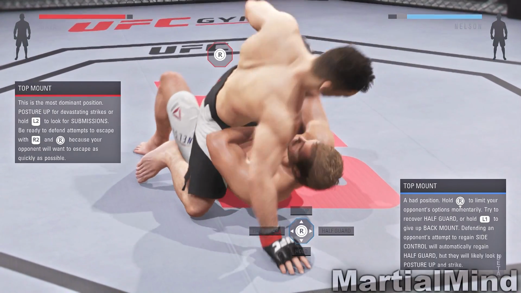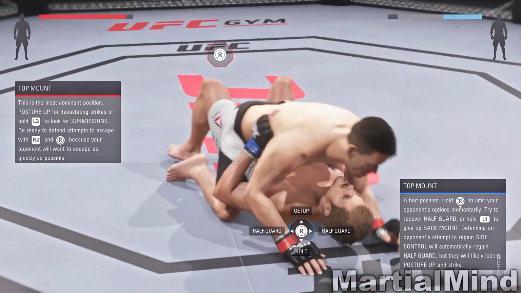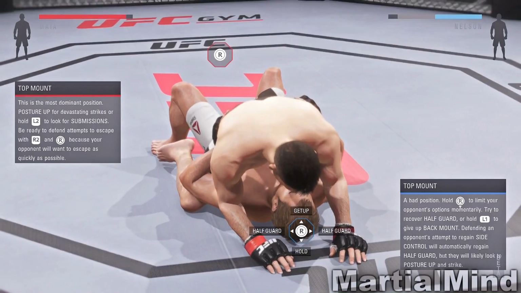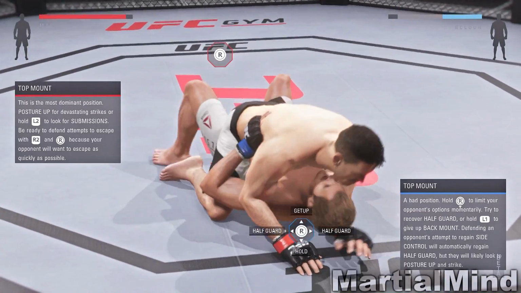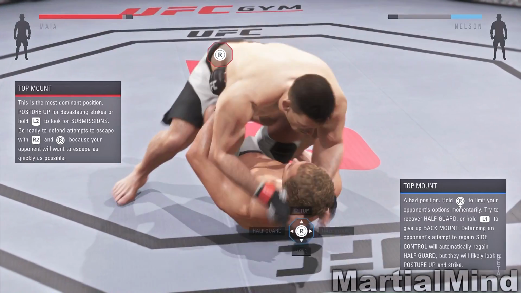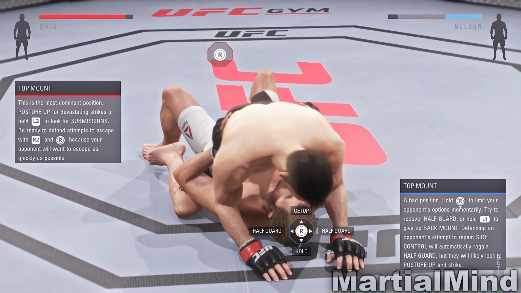Now, the get up from mount is blocked differently this time around. In EA Sports UFC 1, you had to hold R2 and flick the right stick down to block it. Not anymore. In EA Sports UFC 2, what you do is you hold R2 and you flick the right stick up to block the get up. This makes things much simpler, much more logical, and it's also easier to understand when you're a